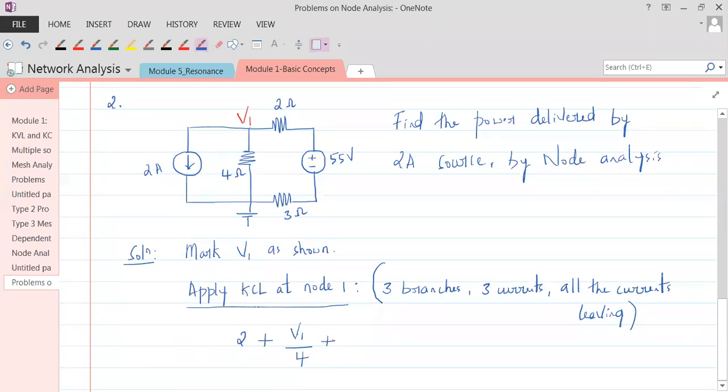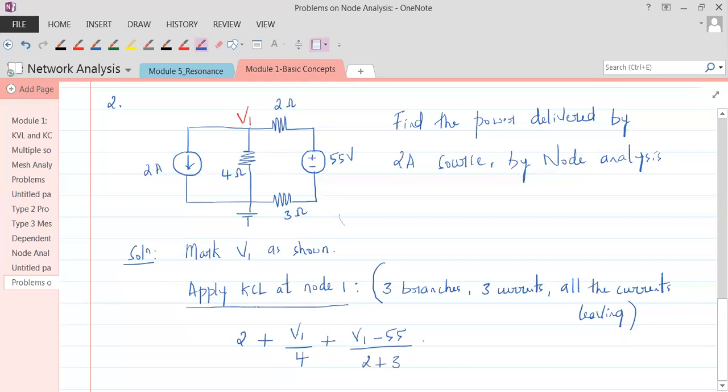Get that? Then what is the third current? Anybody would like to answer that? What is the current in this particular branch? Go on. How are these 2 and 3 connected? They are connected in series. Whether this 3 ohm comes beside that or after your voltage source, they're all in series, mind you. So 2 plus 3 is the resistance of this branch. So what is the current in this branch? It is V1 minus 55 divided by 2 plus 3.